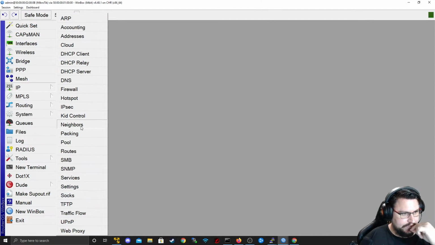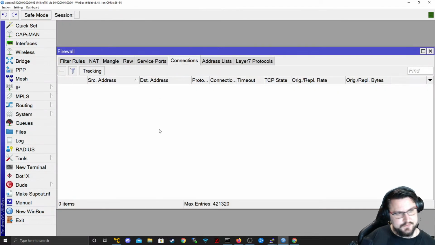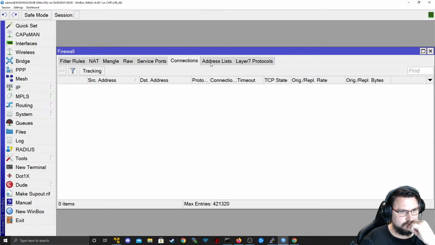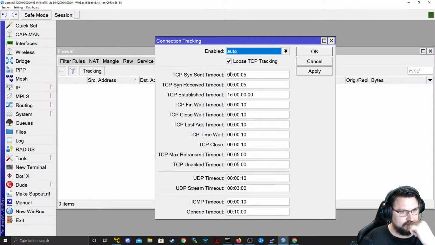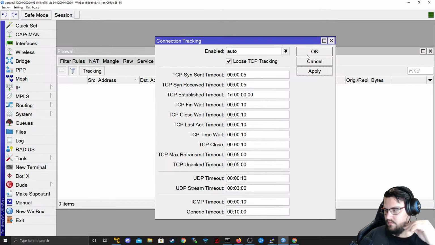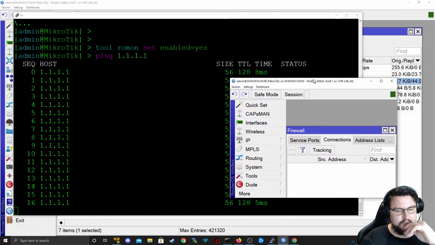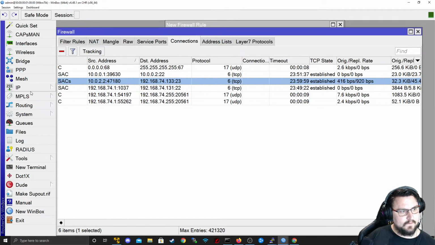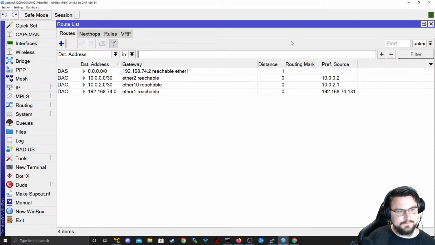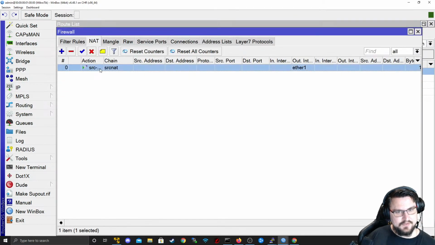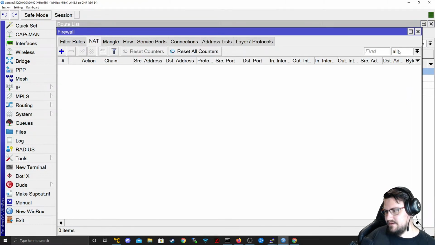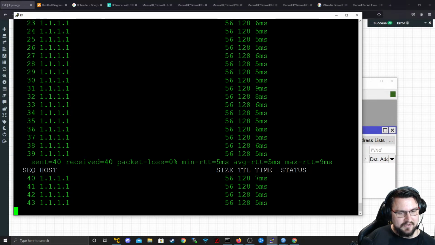Close all my windows and let's look at our IP firewall here. Go to my connections. And I should probably just run my ping again. Yeah, I'm definitely on the correct router because router 1 should be how router 4 breaks out to the net. I just want to have a look, see. The thing that's funky to me is, oh, I do have a source NAT out. No wonder this was working earlier. Even though this isn't wrong, I recall that I added a source NAT earlier